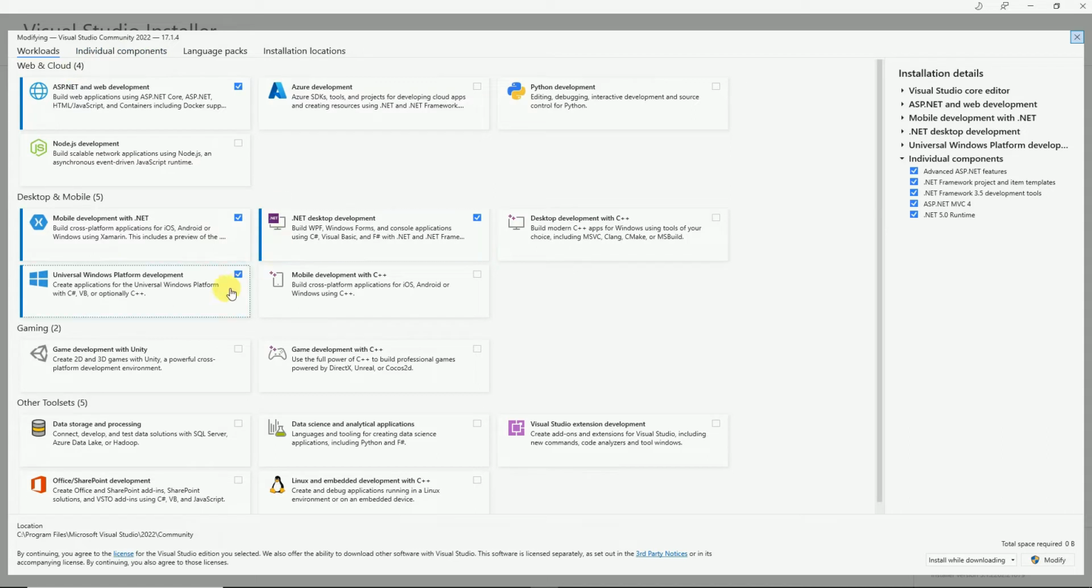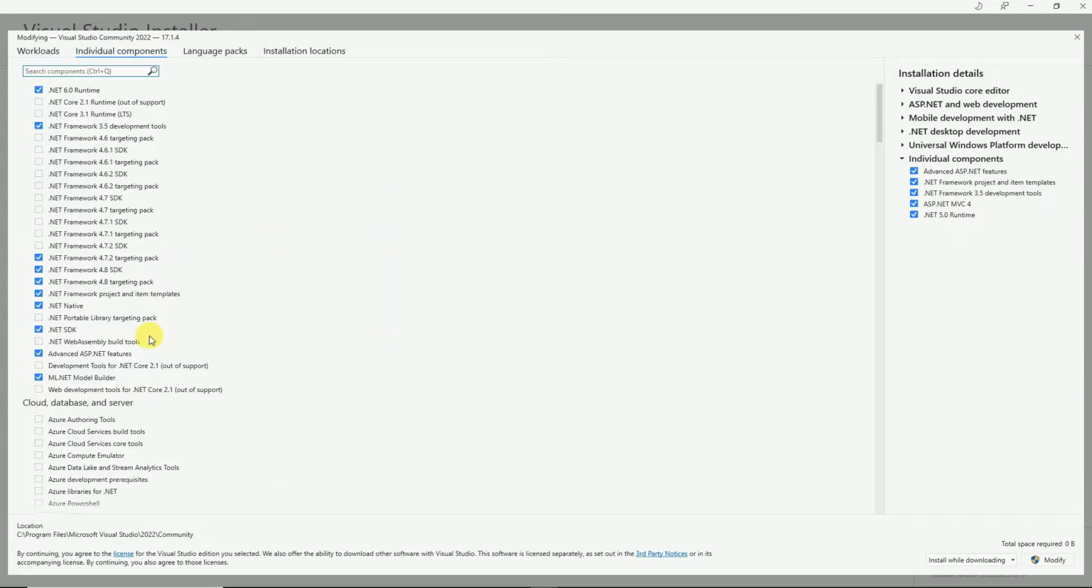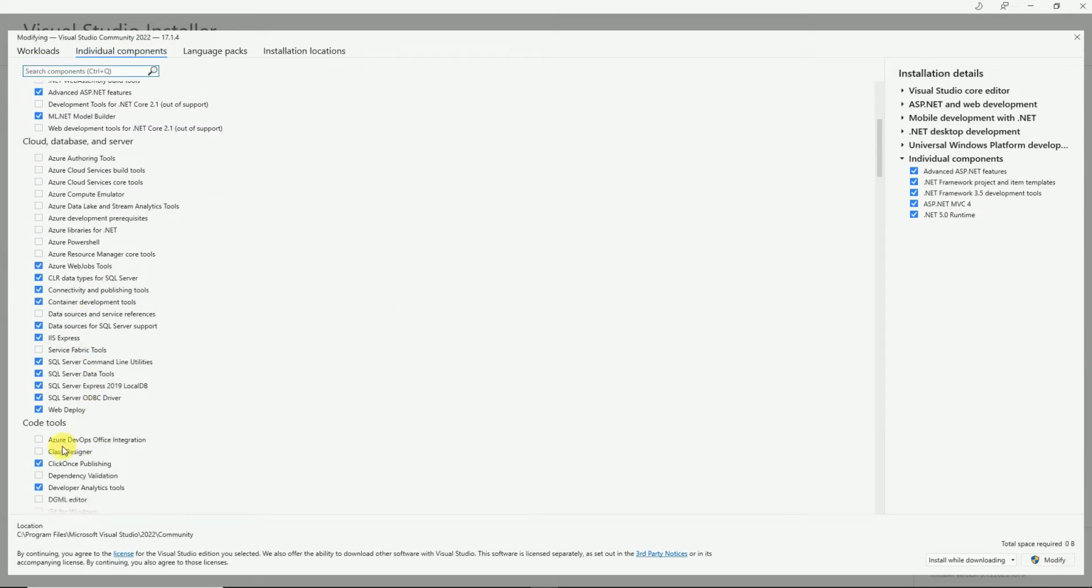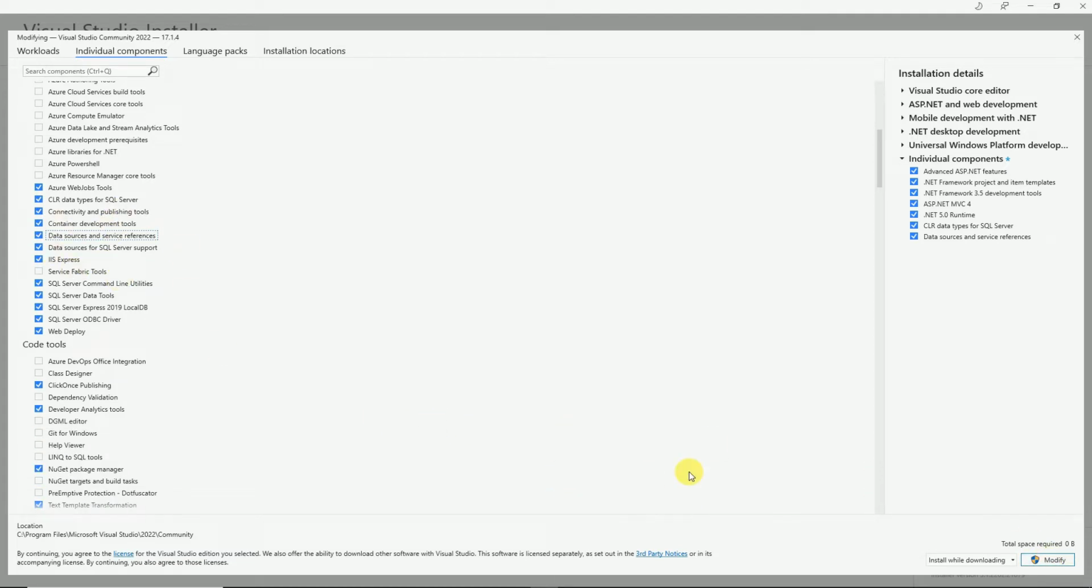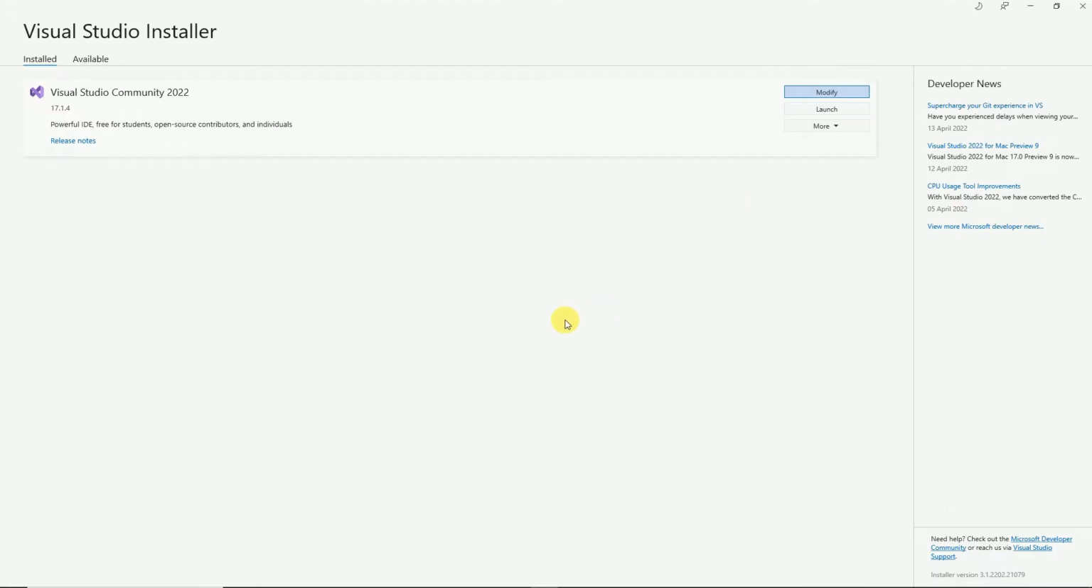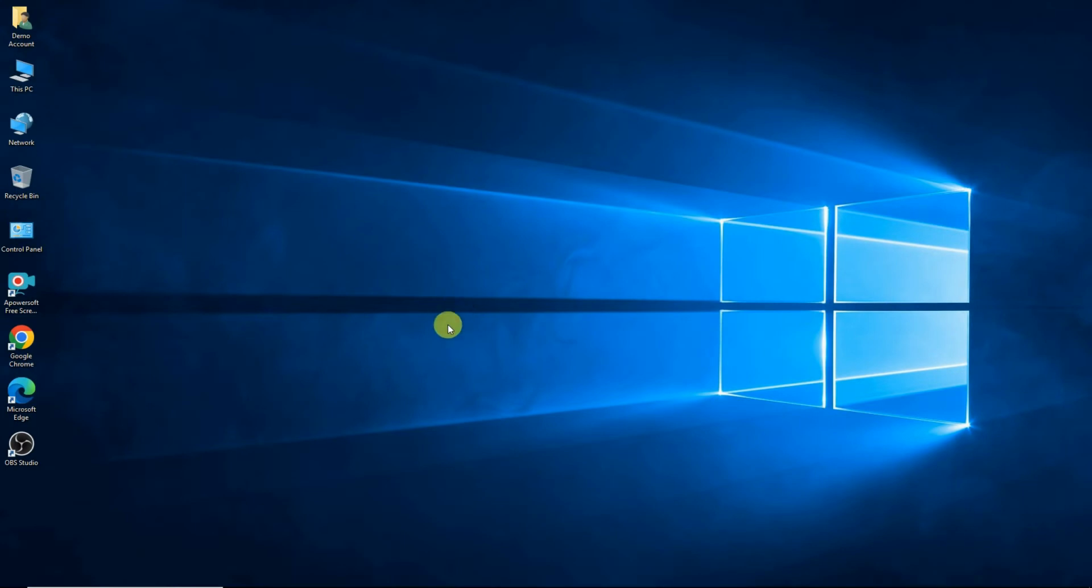Here you can check any of the features which you want to add, or you can select on the individual components tab. From here also you can select which is required for you, and you can enable like this, and you can click on modify so that these features will be installed in your Visual Studio 2022. So like this you can install any of the community versions related to Visual Studio without any license